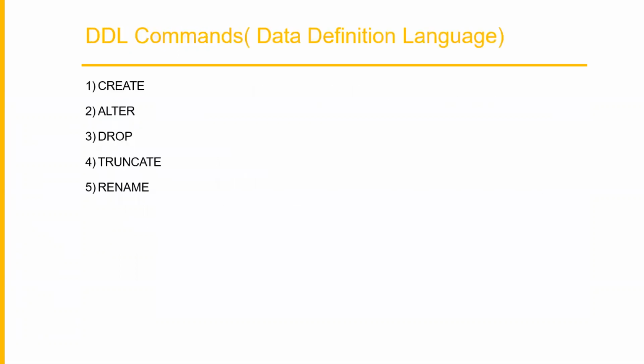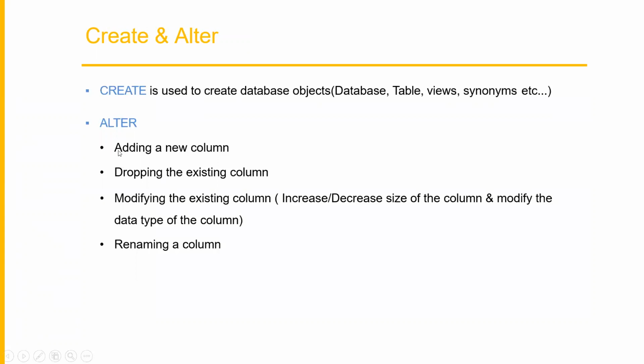We are going to see, first, adding a new column. How to add a new column? We defined our table with some columns, and after some time our requirement was to add a new column to the existing table. For that we can use the alter command. Next is dropping an existing column. We already have some columns in a table, but we are no longer interested in one column of that table. We want to remove that column from the table. That can also be achieved using alter.